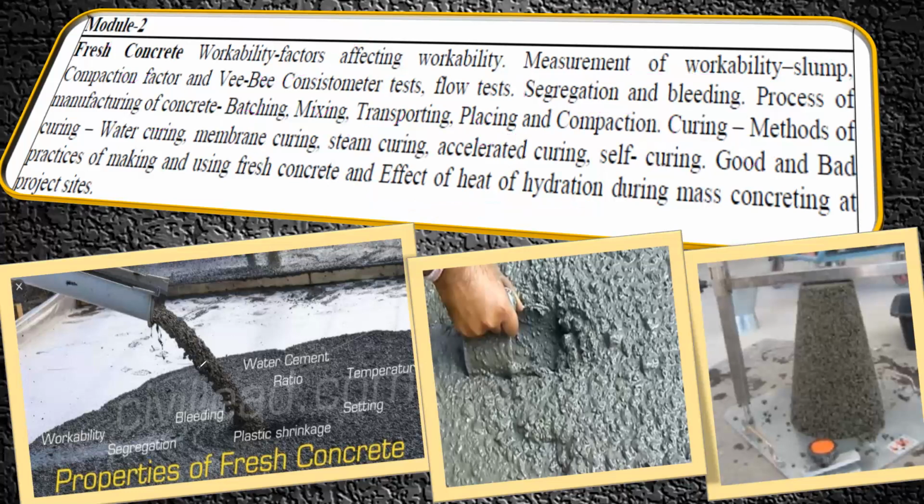So this is all about, written in simple words, water cement ratio, bleeding, segregation, workability, right? So this is a slump test. We'll try to see how it has to be done. Now to begin with, we'll try to see what is concrete again and see the fresh properties of that.